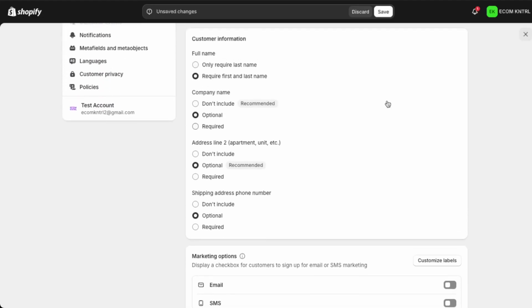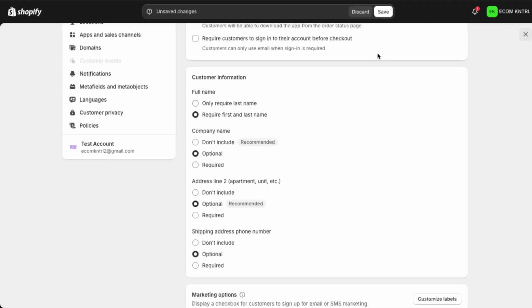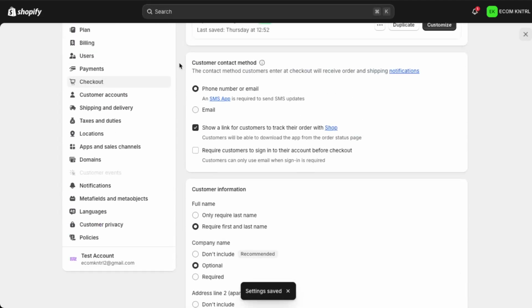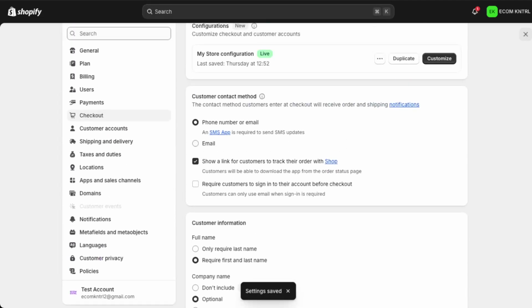Finally, keep in mind that Shopify doesn't let you change everything about the checkout, but these address and contact settings do give you a bit of flexibility. Once you've adjusted each option to match your business requirements, scroll to the bottom of the page and click Save. That's it. Your Shopify checkout address